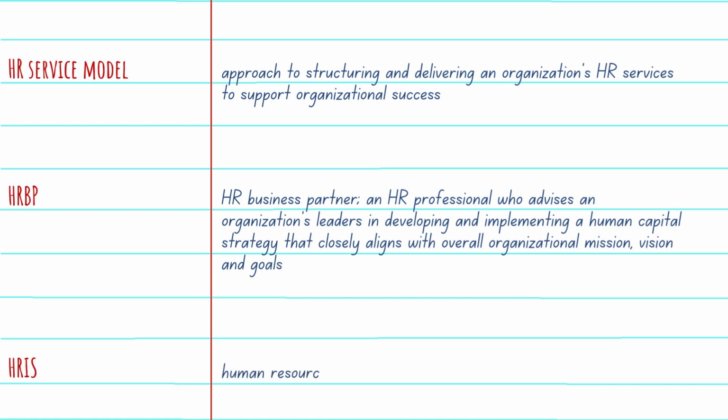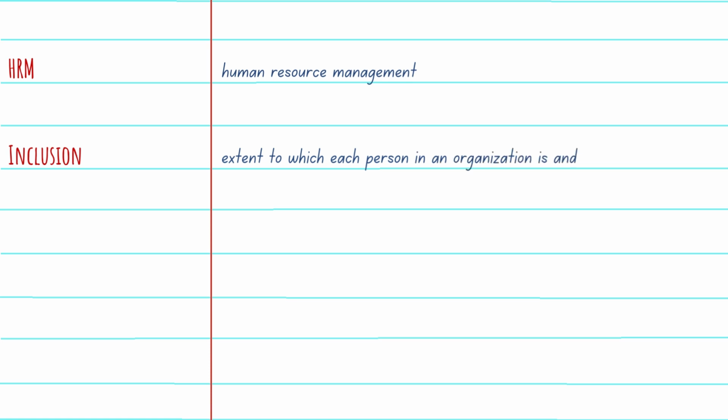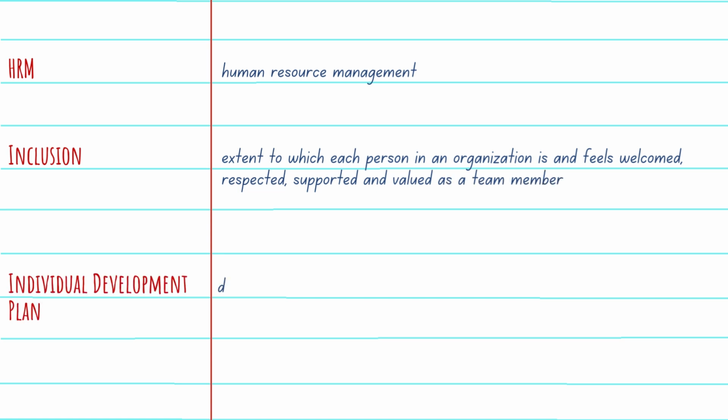HRIS stands for Human Resource Information System, which is used for gathering, storing, maintaining, retrieving, revising, and reporting relevant HR data. HRM stands for Human Resource Management. Inclusion is the extent to which each person in an organization is and feels welcomed, respected, supported, and valued as a team member. An individual development plan is a document that guides employees toward their goals for professional development and